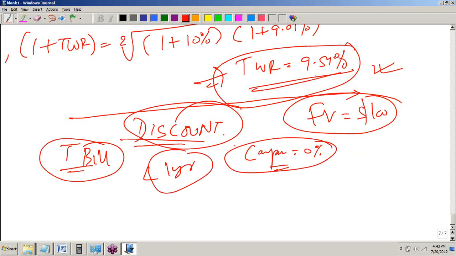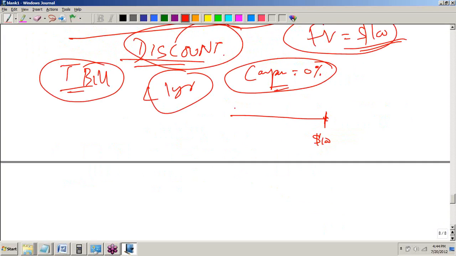All Treasury bills have maturity of less than a year. Face value is 100, so initially they will be trading at a price below 100, and at maturity it reaches 100. Let's say this Treasury bill is trading at $98 and there are 9 months to maturity. We want to understand how much return it is producing.